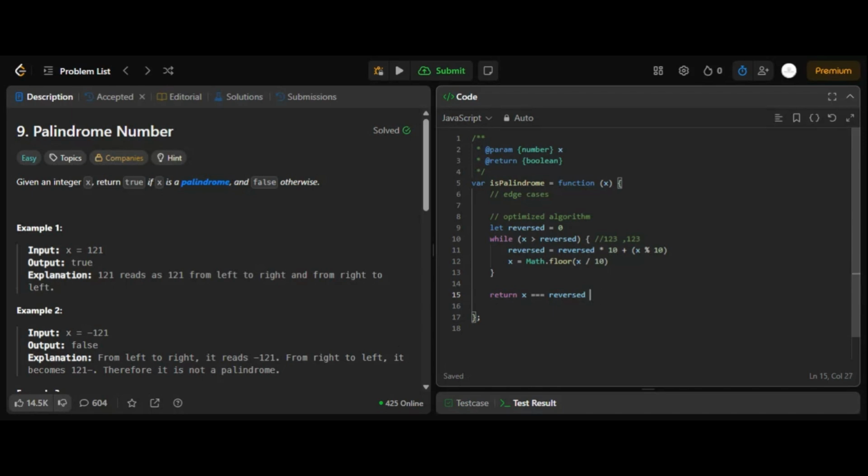But there's an issue. As I said, this will only work if the integer's length is even. If it's going to be an odd number, we have to remove the last number, the middle number, so that we can analyze properly. So what we're going to do is that,